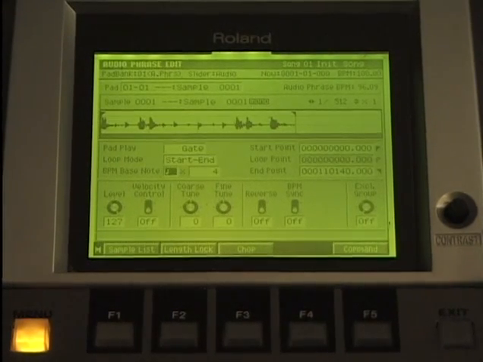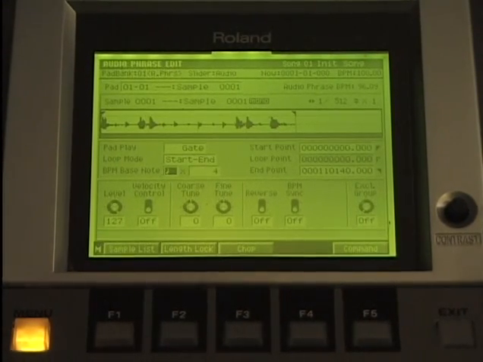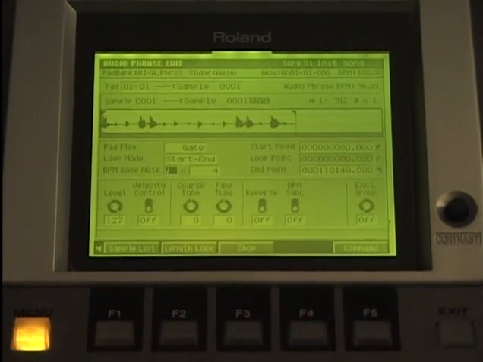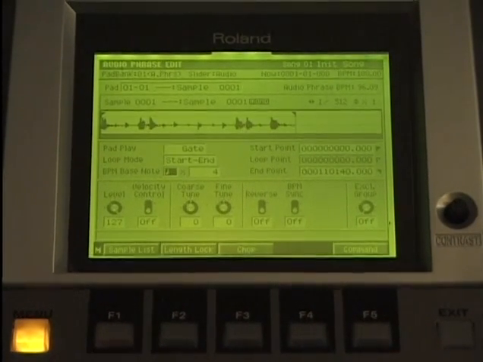All right, next we got to see how many beats per minute our sample is to figure out the tempo. Now, actually, 1, 2, 3, 4,